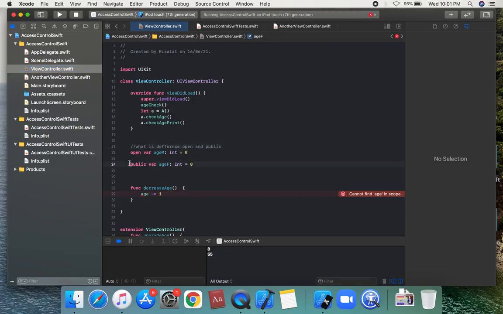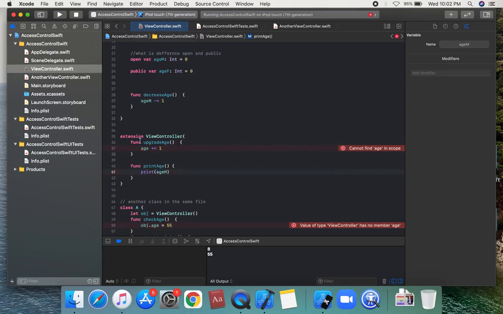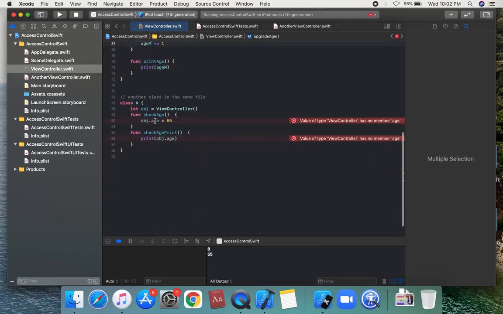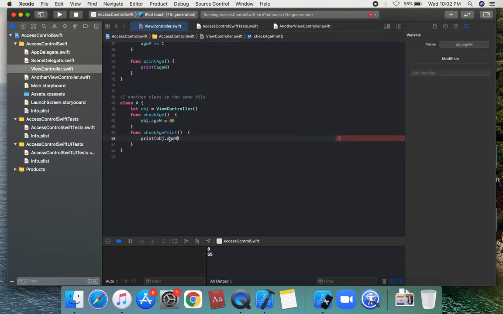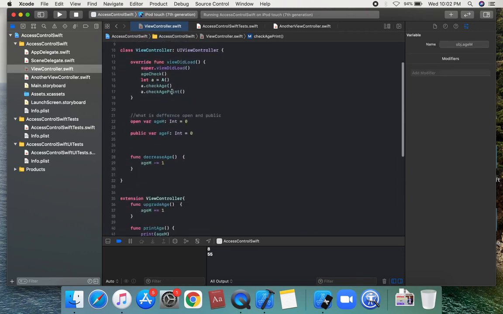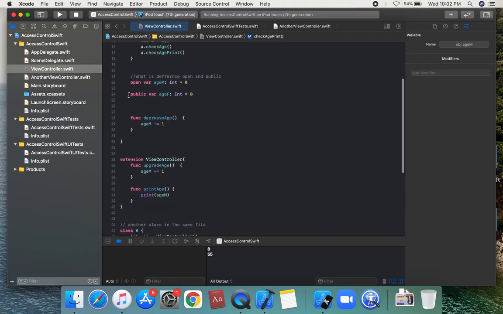And then we can use public. First we discuss the open age: an open class is accessible and subclassable outside of a defining module, and an open class member is accessible and overridable outside of that defining module.